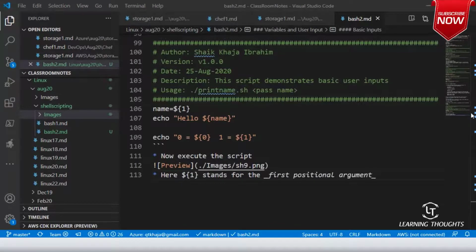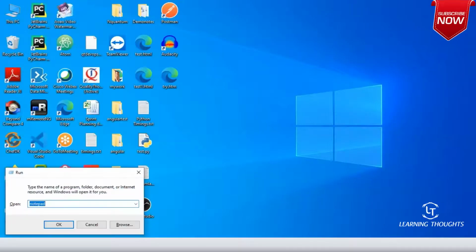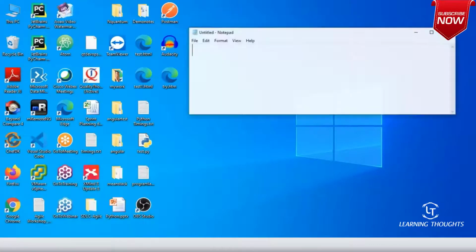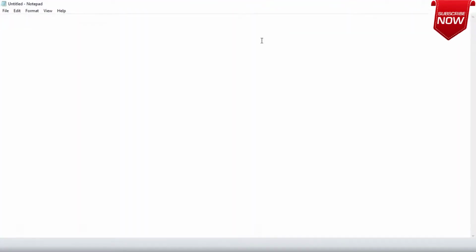Generally, if you look at any command line on the planet, how will we be passing inputs? We'll be passing inputs like ping google.com. In this, the argument is google.com. Ping is the executable, and to the executable, as the first argument, you are passing google.com.